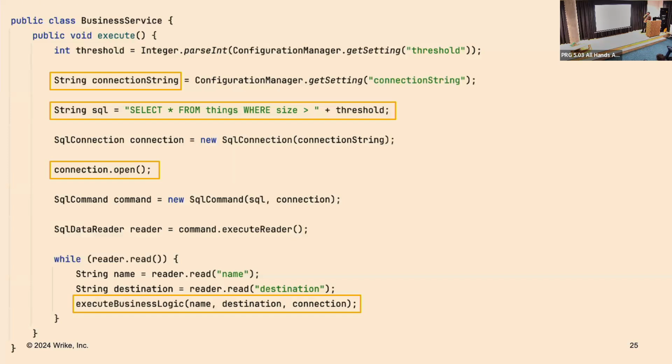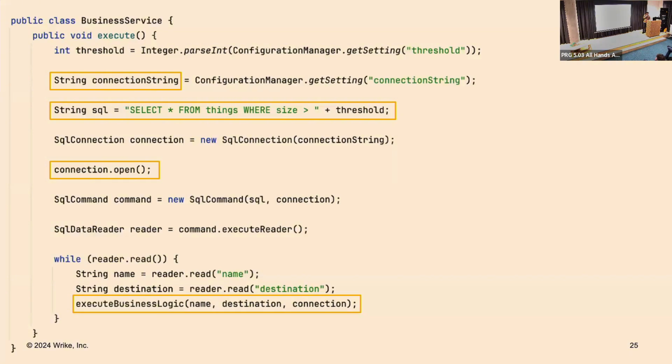Look at this method. It looks weird. It has a lot of responsibilities. We can see database schema in an SQL query. We can see configuration, connection config, low-level details of communicating with the database, some calling of business logic. So a lot of concerns. It's not clear how to test it. It's not clear who the author or owner of this code is. Why can it break? Can I touch it or not?